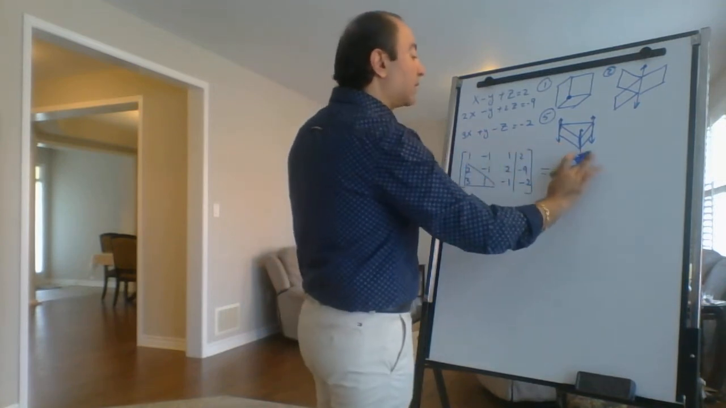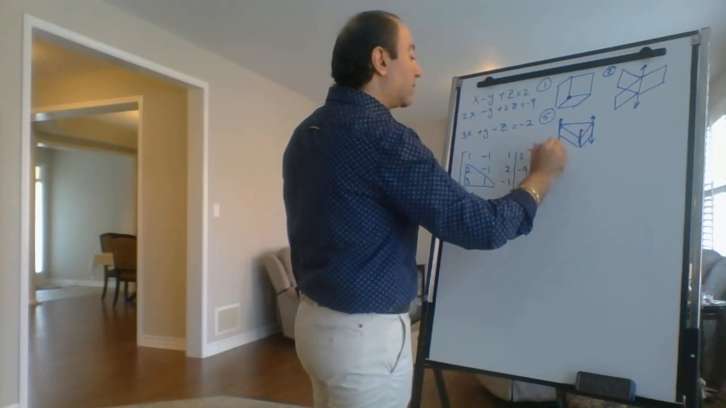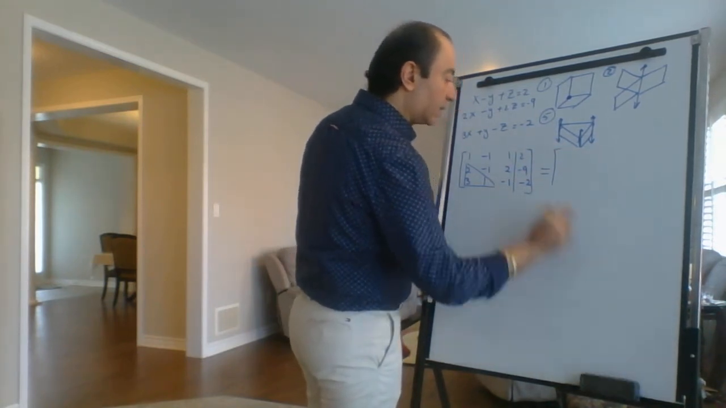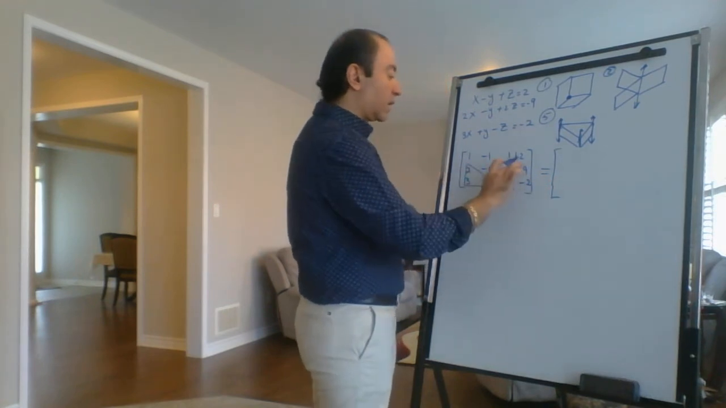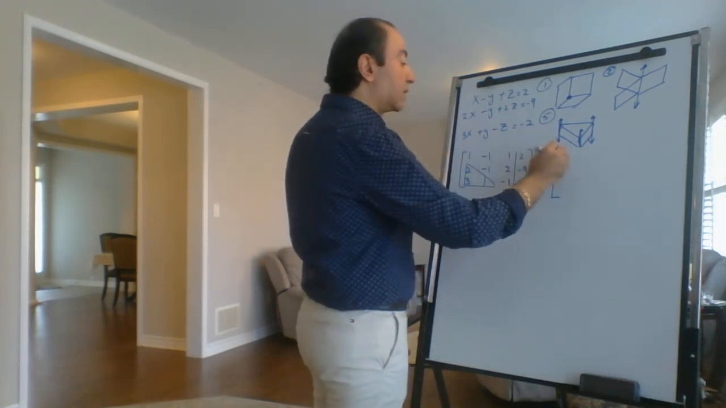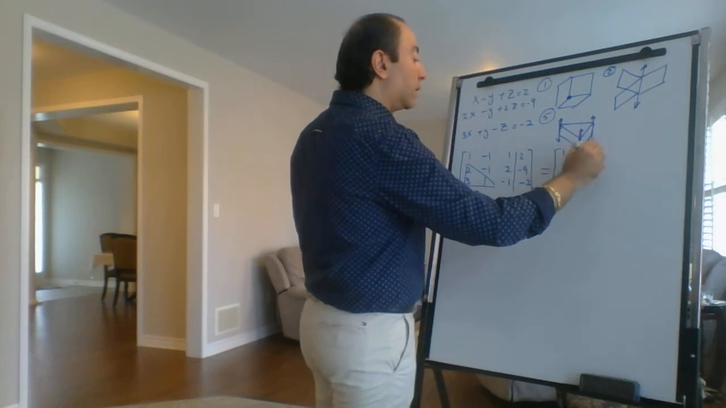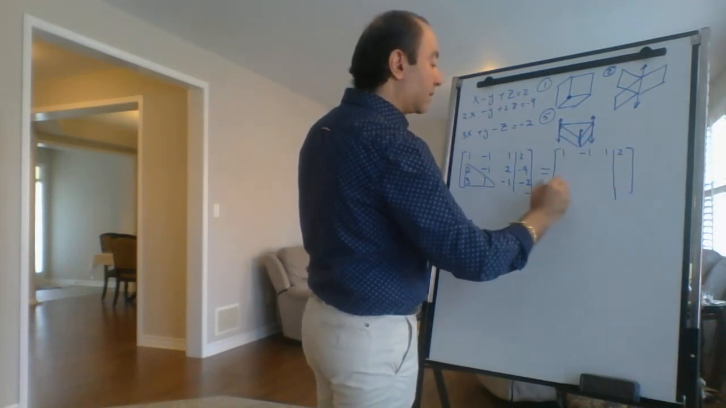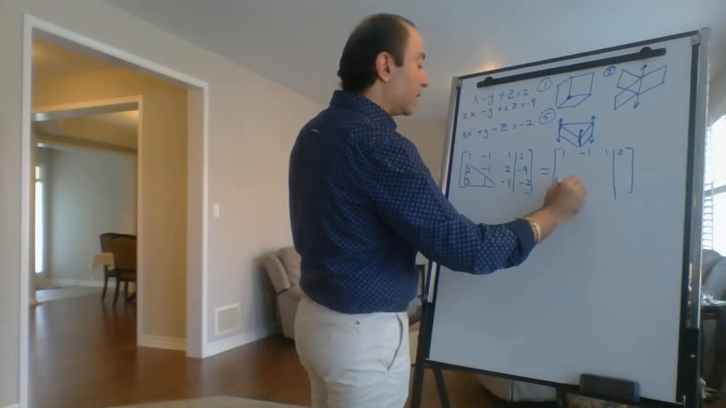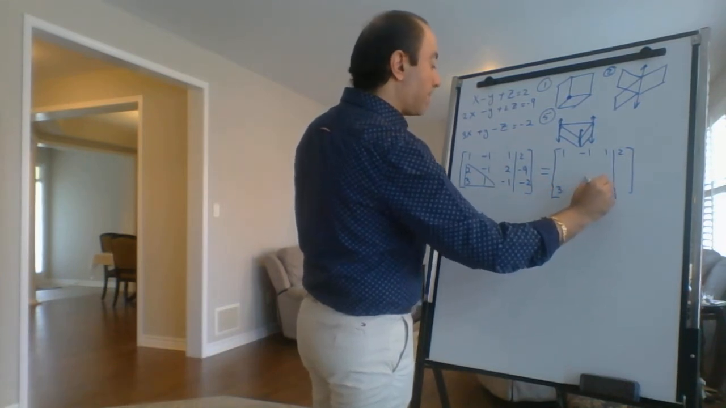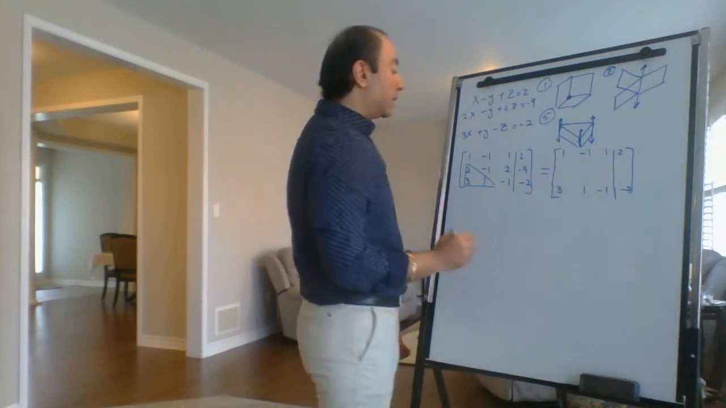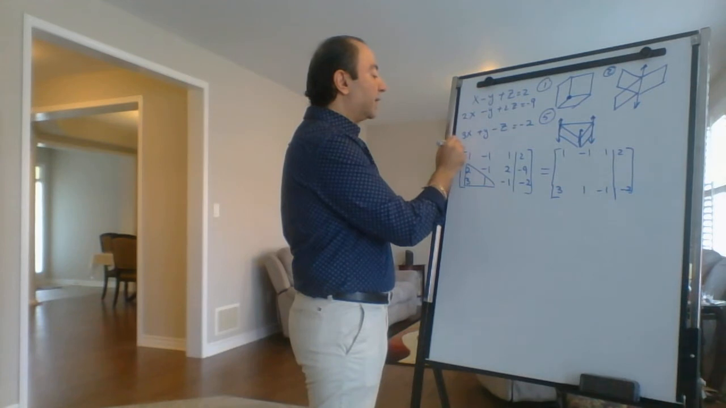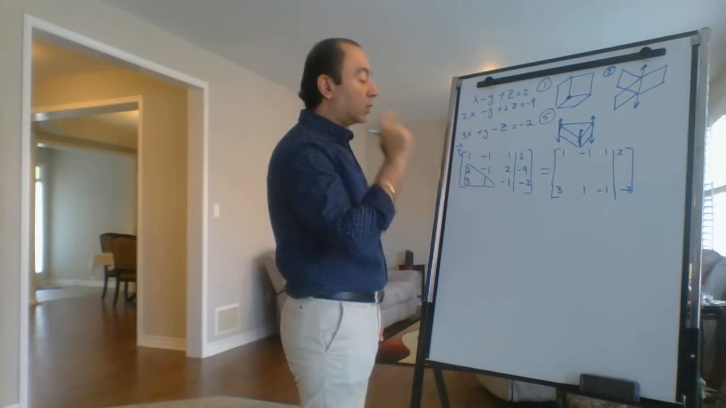So the only thing that will change is this row. So I will write the first and third row as they are, 1, negative 1, 1, and 2. I write the rows that are not going to change as they are. Now I'm going to multiply this row by negative 2 and add. So negative 2